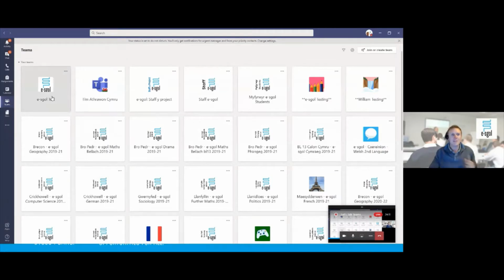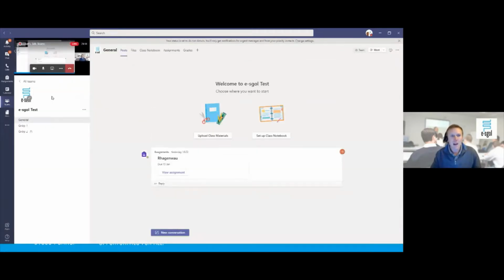Now I'm going to click on this team here, just a test team, and what you'll see here, obviously, is the Teams platform. You've got your channels up on the left hand side here. The general channel is created automatically. You can, as a teacher, create sub-channels. So if you are looking to differentiate your activities for your pupils, if I click on these three dots here, you can create new channels,